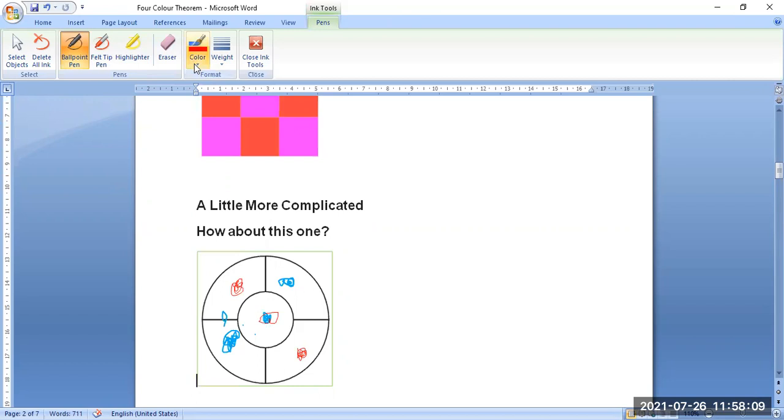Not red will be there, it will be green. If we take this one is green, look at here, this one is green. Is it clear? We are taking that this one is the green color, then it is blue, red. So three colors are required to fill up this one. Isn't it?